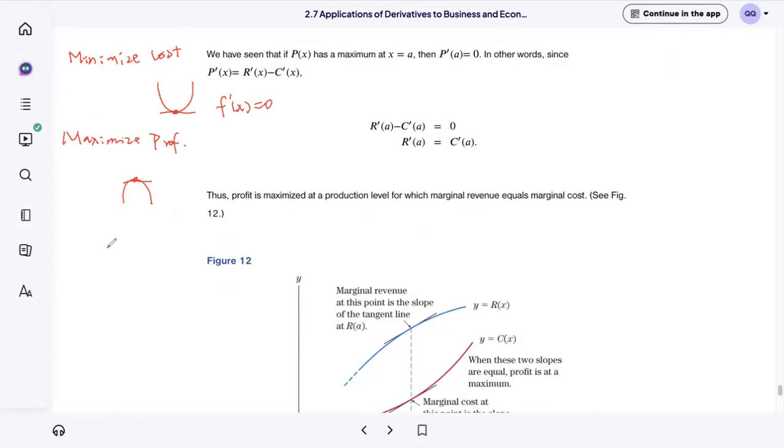Also it depends on the situation, right? Maybe we want to fence 3 sides, make 3 sides of fencing. We know the length of the total fencing. So what is the maximized area? Or we know the area. We know the cost of the material. And we want to find the minimized cost. Or maybe we know the revenue, we know the cost, and we want to find the maximum